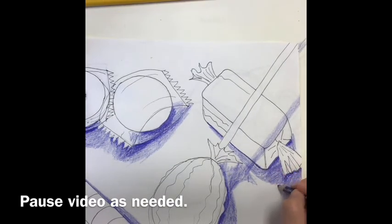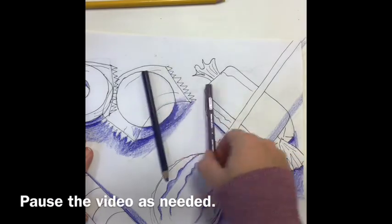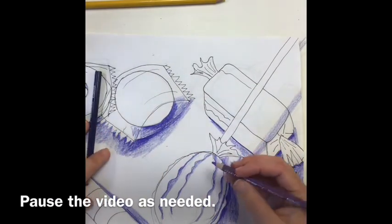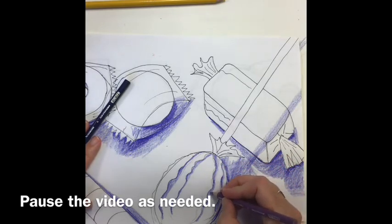You can also make your darkest dark even darker by layering and going over. Sometimes that's a good way to make your gradient have different levels. You can always just make it darker. Okay, so I have chosen 2